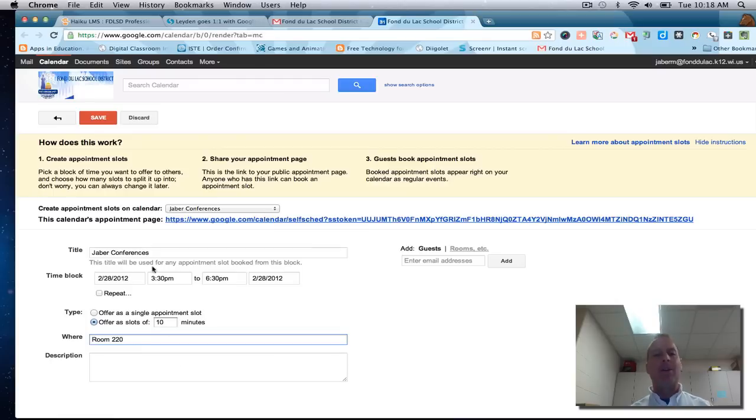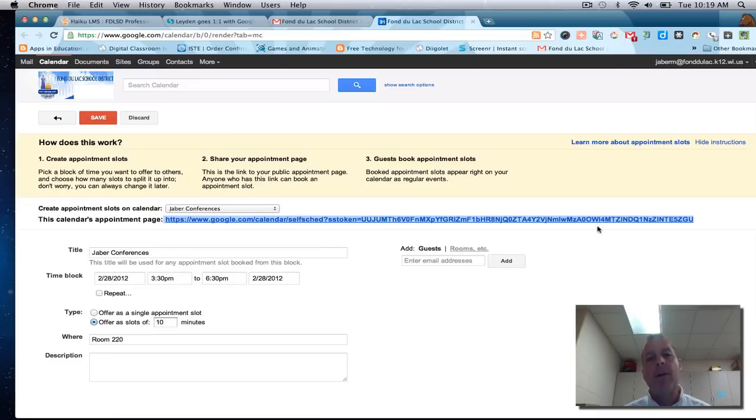Now the key here is, do you see this link? This link you want to highlight. You want to copy that link, and this is the link that you want to email whoever is setting up your master calendar. So that is the link that is going to take parents by using their kids' or their child's Gmail account. They're going to log in as their child. They are going to go to whatever site you are going to put the teacher's name with the links to